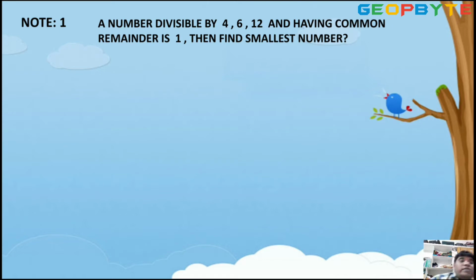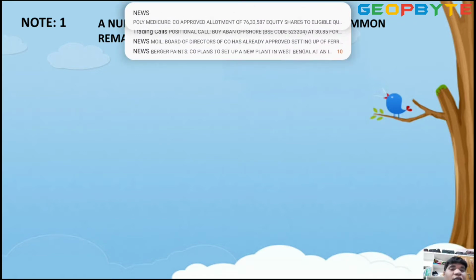Very important concept. That's why I mentioned a note. A number divisible by 4, 6, 12 and having a common remainder of 1. Then find the smallest number. Dear children, remember